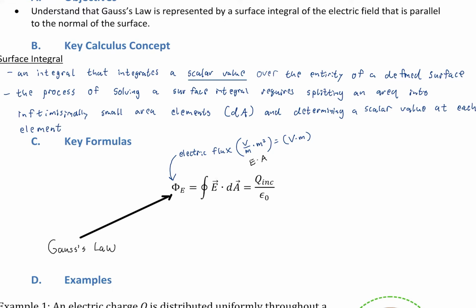All right, and it's equal to this integral. Well, that's the surface integral, all right? And that surface integral is then going to be equal to the charge within the surface, okay? Divided by a constant of the universe, the permittivity constant. And the permittivity constant is equal to 8.85 times 10 to the negative 12 farads per meter. Okay, so